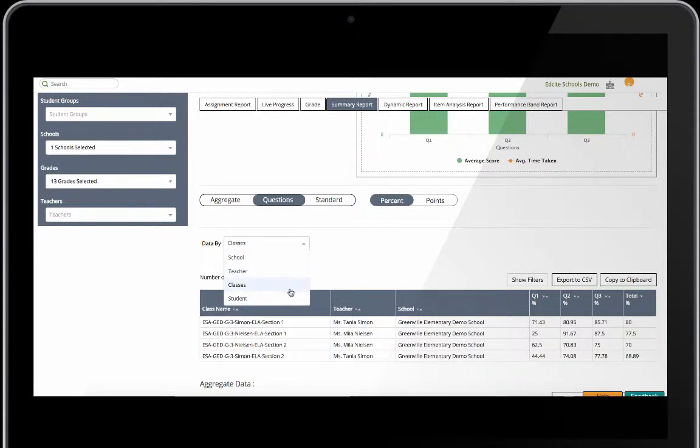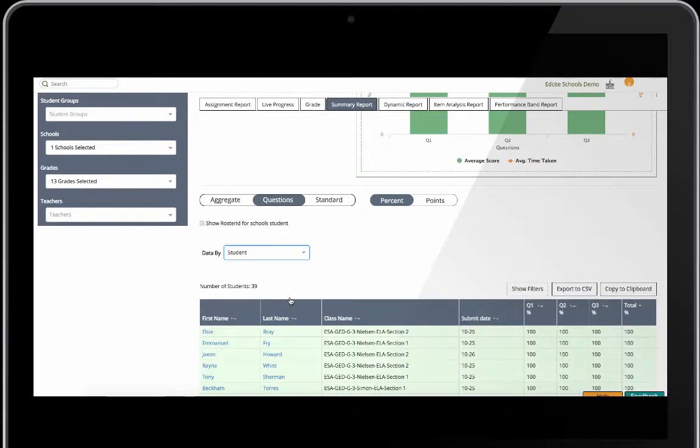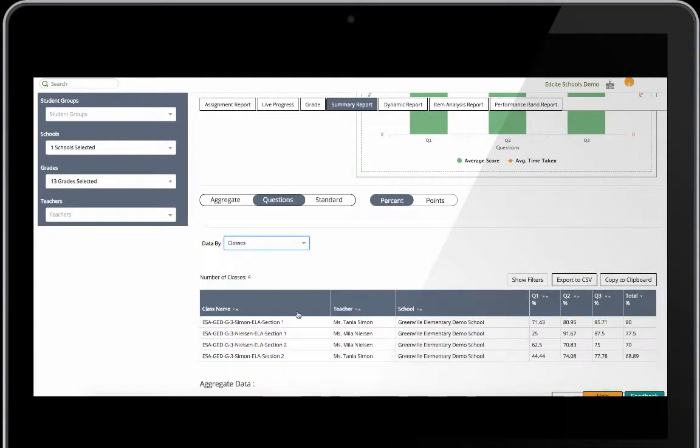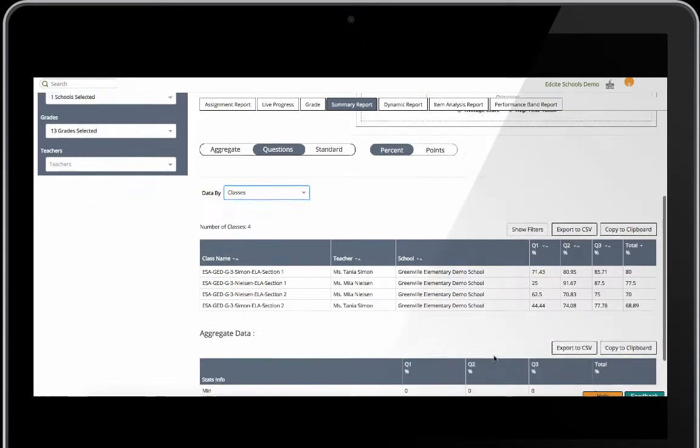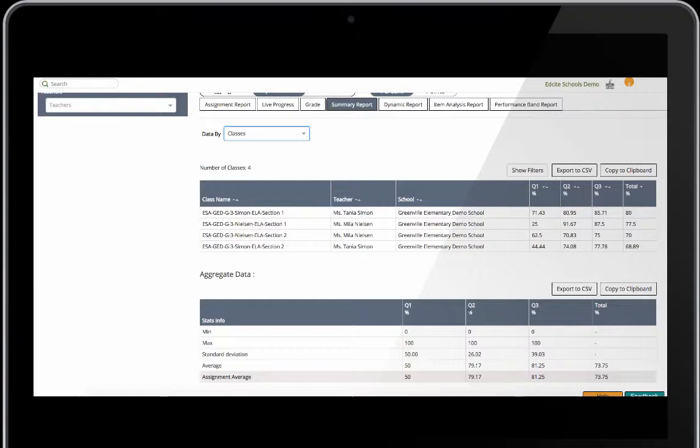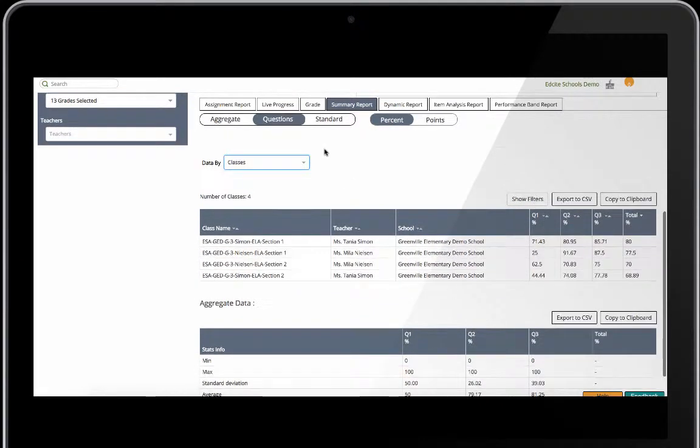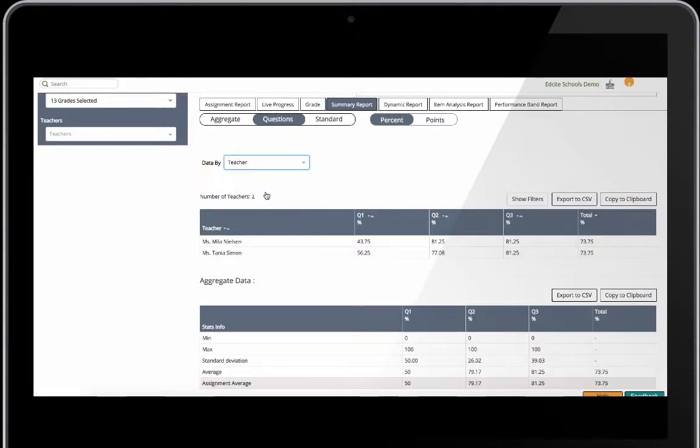So if I were looking at this as a teacher, I'm probably going to spend a lot of my time in that student and class level data. If I'm a building administrator, I'm going to spend a lot of time at that class level data, looking at individual classes, looking at the averages for my school versus the averages for everyone in the district who took that. I'm going to be interested in looking at data broken down by teacher. And then if I'm a district administrator looking at multiple schools, I'm going to want to see data summarized at